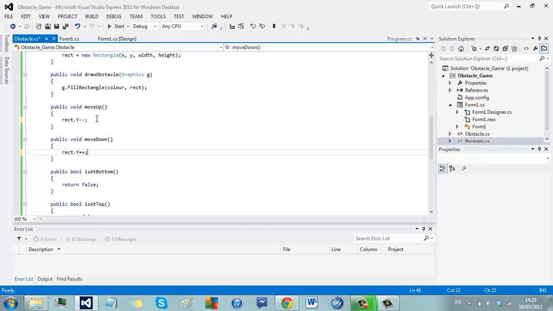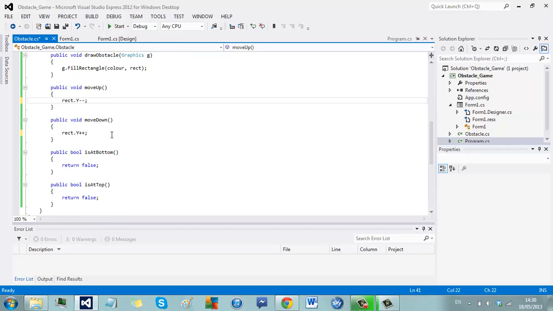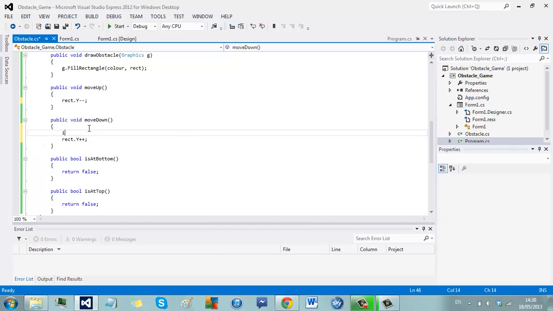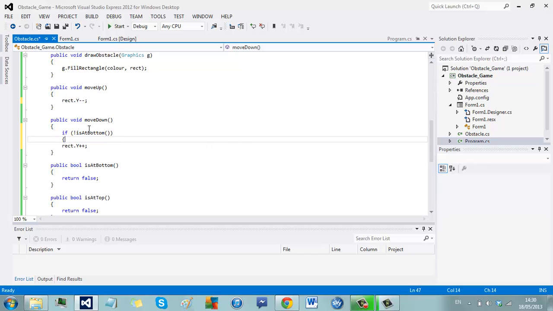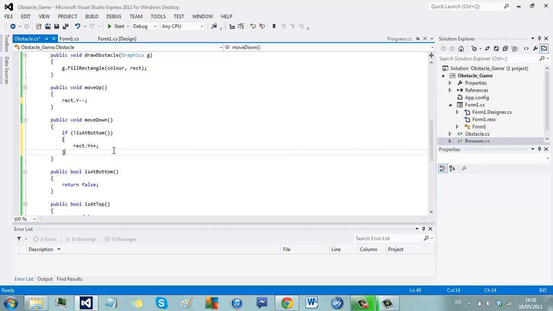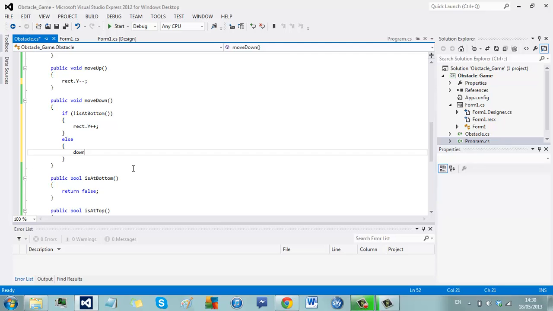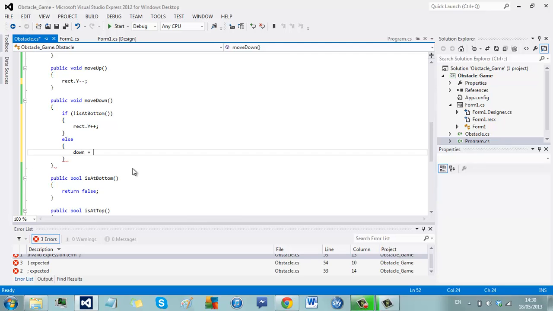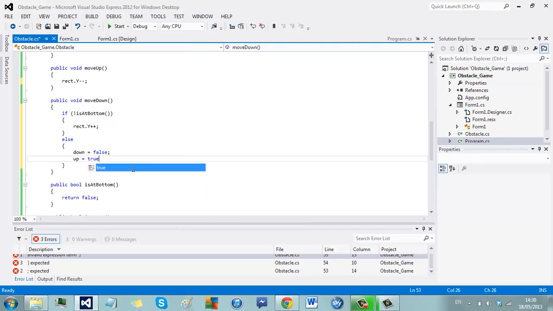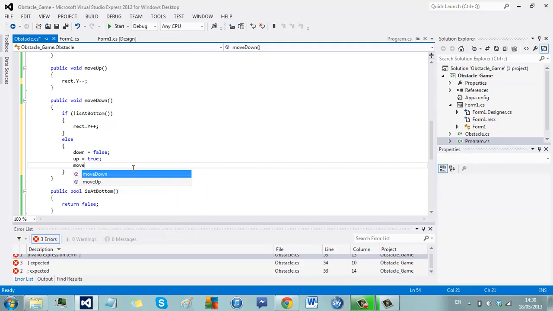However, what we're also going to need to check for is whether or not they've reached the bottom or the top of the border. I'm going to put these in these actual methods. So when we're moving down, if it's not at the bottom, we want to keep moving down. So if it hasn't reached the bottom of the border yet, we want to keep moving down. Else, we want to switch everything because it's at the bottom of the border now, so we've got to go up. So we're going to set our down bool to false and up to true, and we're also going to want to call the